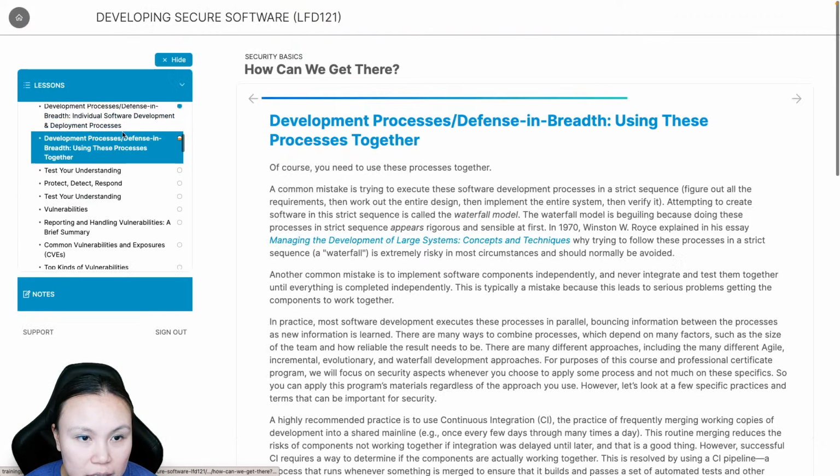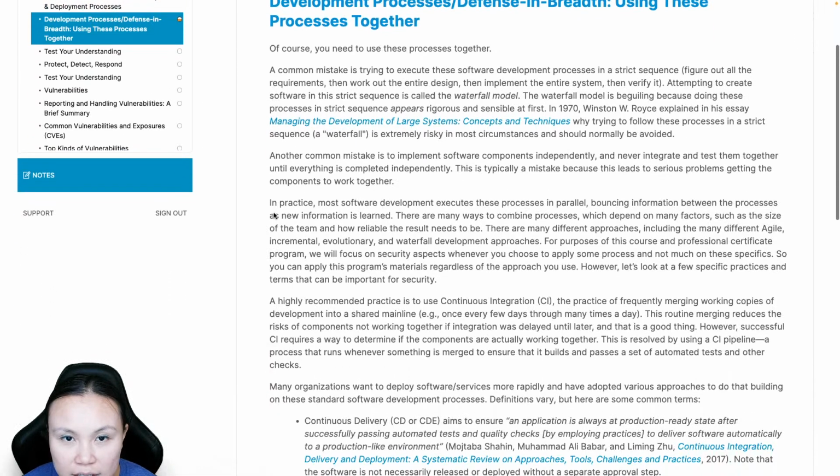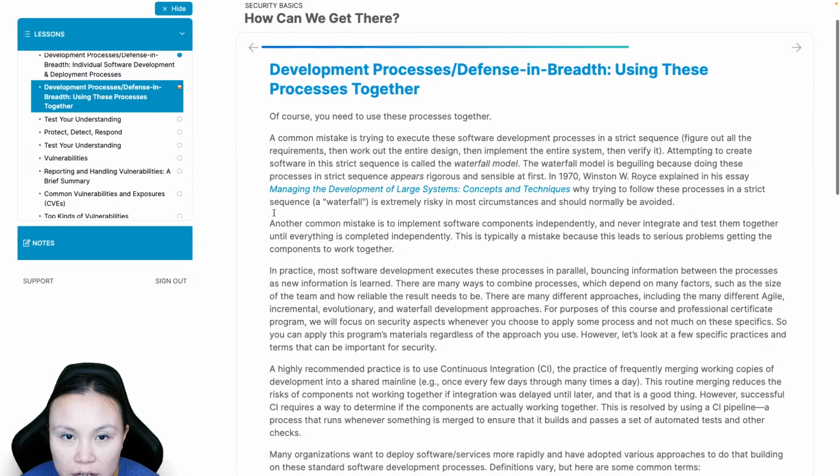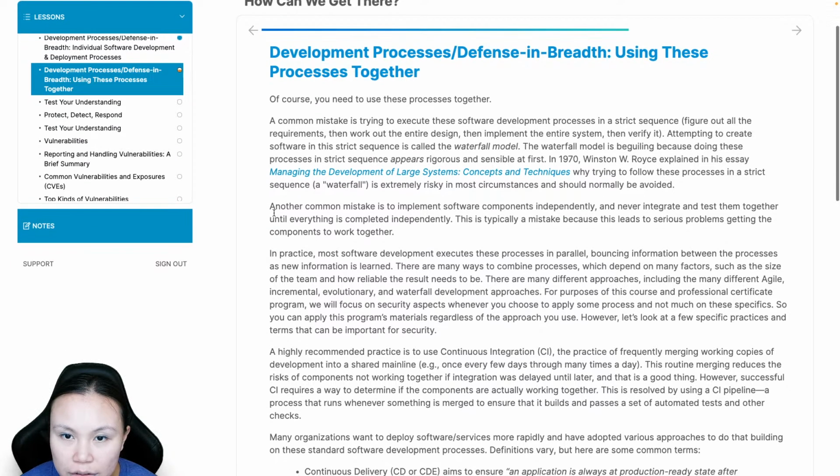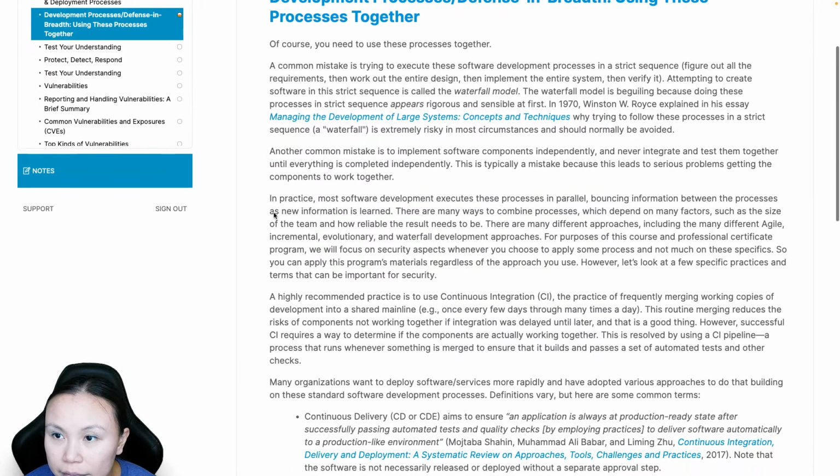Okay, next. Development. Again, this is a continuation of the last page, using these processes together. A common mistake is trying to execute these software development processes in strict sequence. Figure out the requirements, then work out the entire design, and implement, then verify. Attempting to create software in this strict sequence is called the waterfall model. The waterfall model is